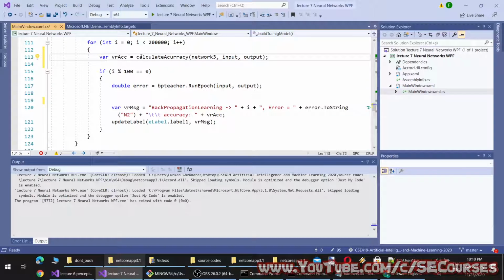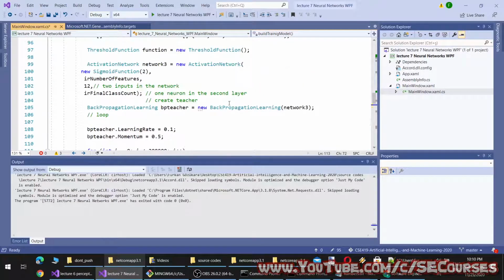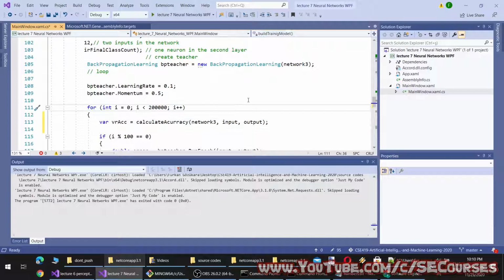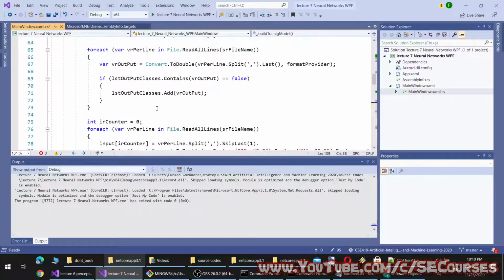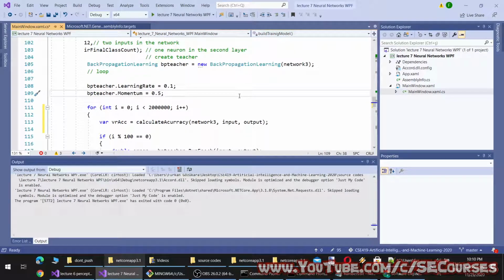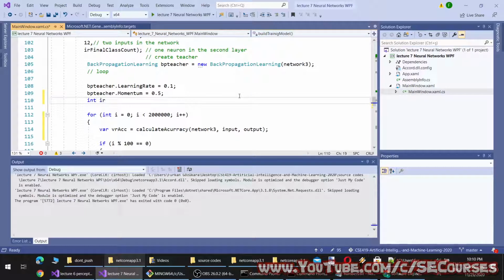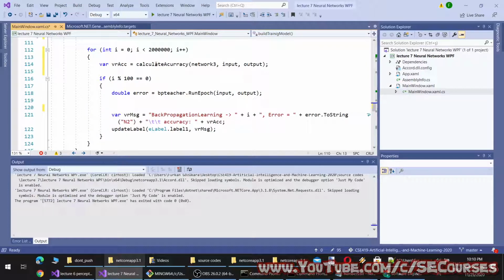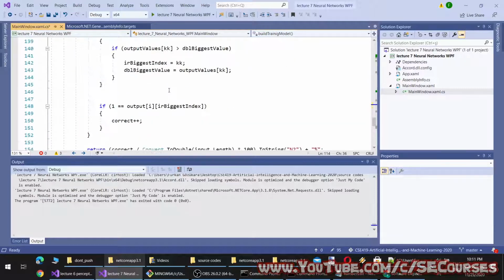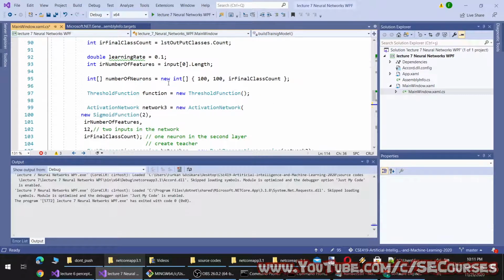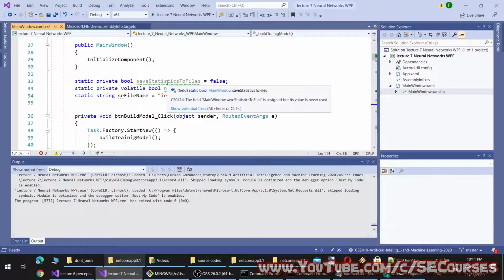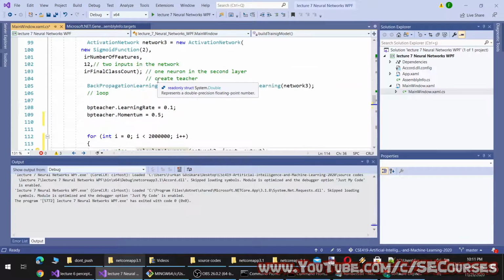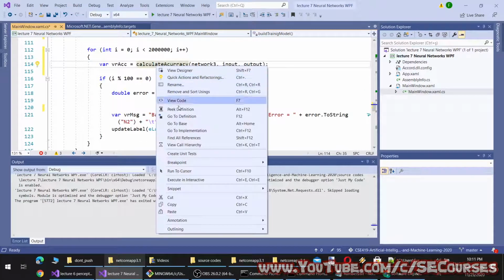Of course, this will slow down the application. However, since it is iris data, it is already too fast. And let's make it like, so the accuracy is returning a string.